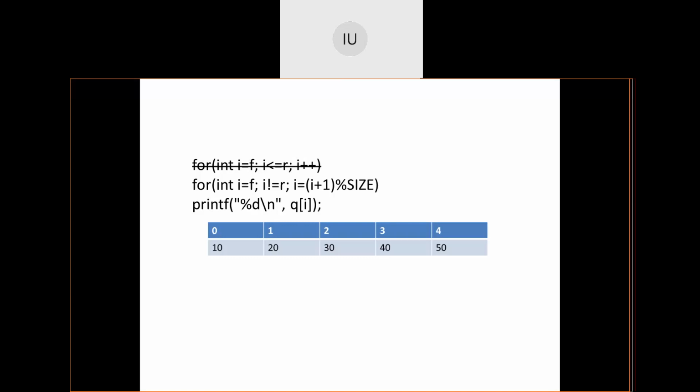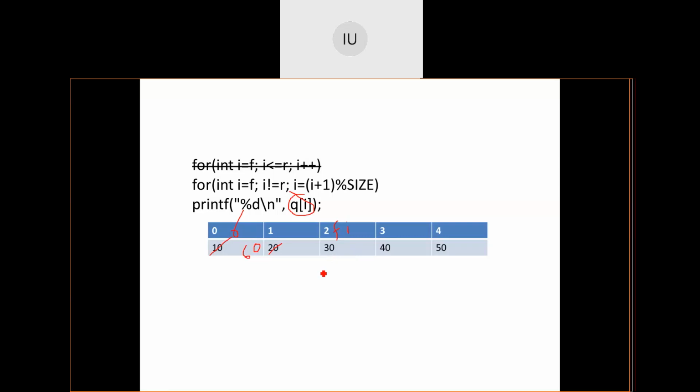Now I will do the same thing. Delete 10 and 20. Keep 60 here. So rear will be at 0. Front will be at 2. All of you are happy with this now. Now I is equal to F. I has begun at 2. 2 not equal to rear, which is 0. True. So it prints Q of I. Q of 2 gets printed, that is 30.